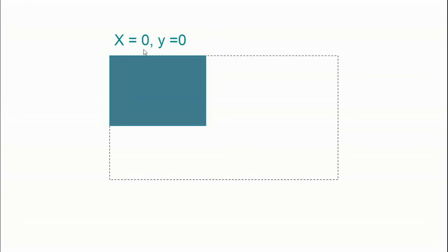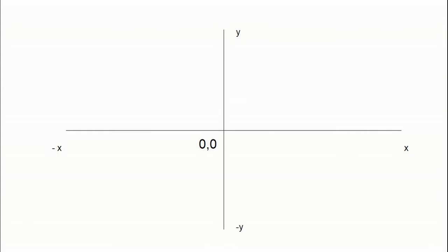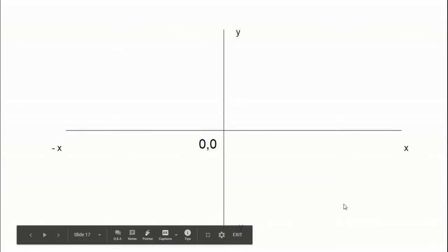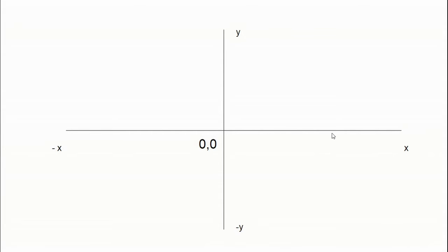Now to understand this xy, I will take you to your school time mathematics. When we used to do graphs or charts in our mathematics or other science books, you probably found that this axis is the x-axis and the center is 0. The coordinate of the center is 0 comma 0, and the right side of the center is positive x and the left side is negative x, and similarly for y, the top side is positive y and the bottom is negative y.